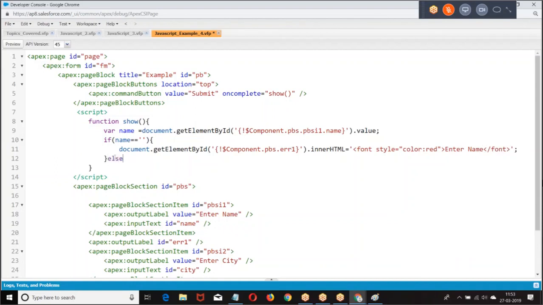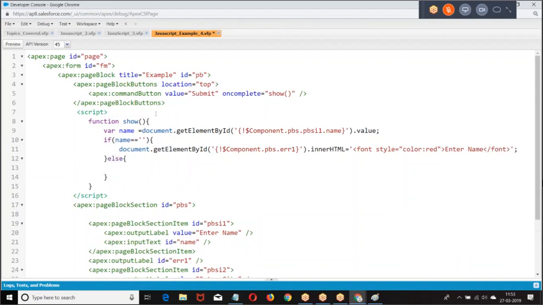Else means name is not blank. If name is not blank,